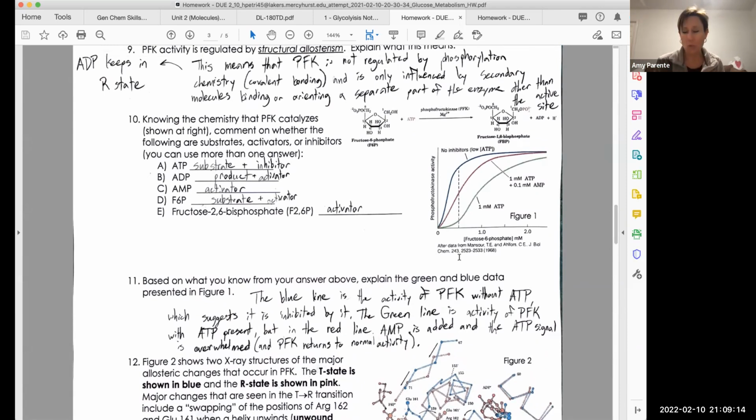Okay, so we're going to go through a couple of those here, but big picture things. When you see something where a curve shifts to the right, that means you bind your substrate more weakly, which means you're going to have a lower level of activity. So again, we can draw horizontal and vertical lines here. Let's imagine this vertical line, this dotted line. We're saying, hey, at this same level of substrate, the green line shows that I've got a lower level of PFK activity